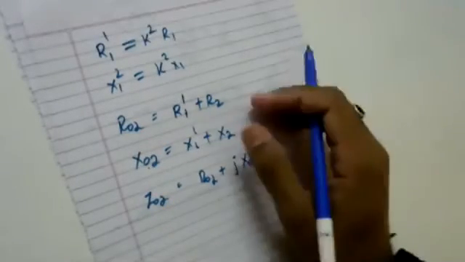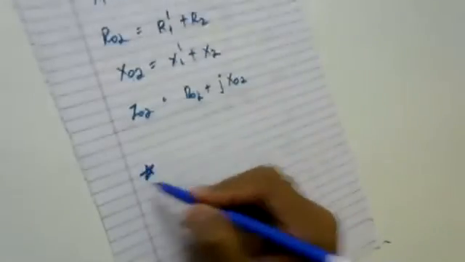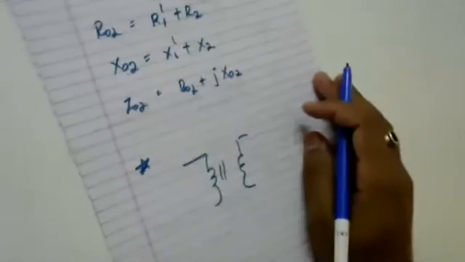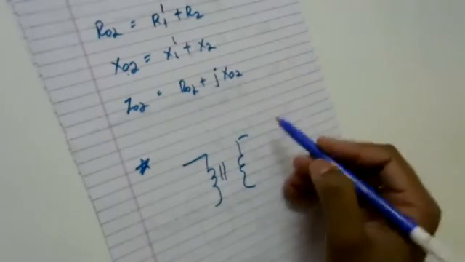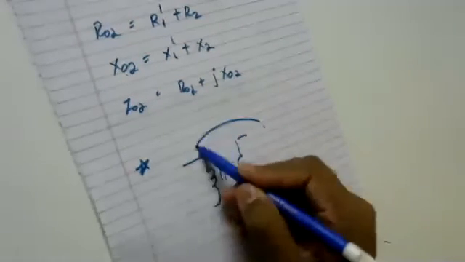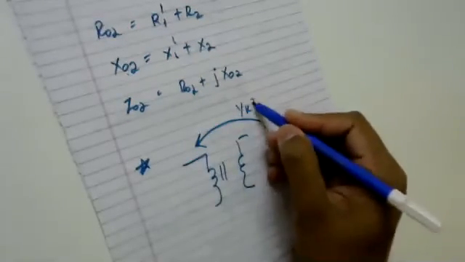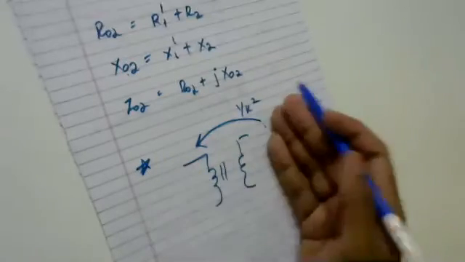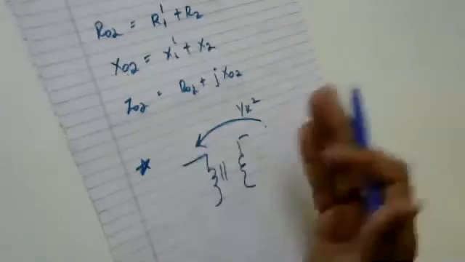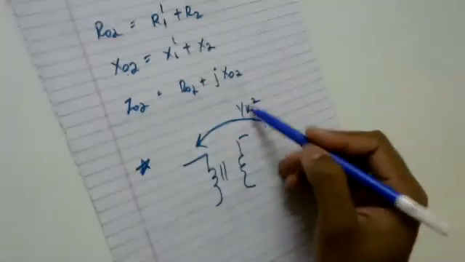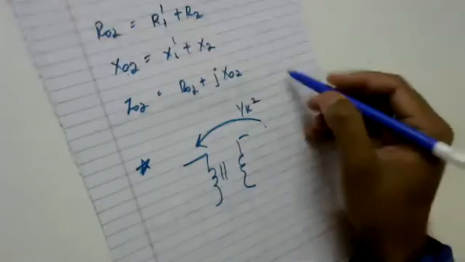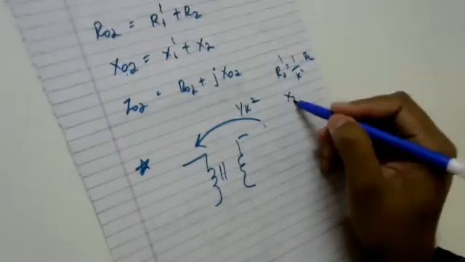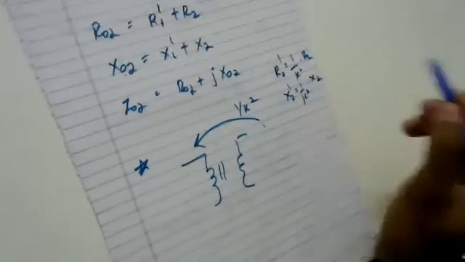Now the point that you need to remember is, if this is a transformer and you are transferring any parameter from secondary to primary, then you have to multiply it by 1 by k square. That's what you did in the first iteration. When you wanted to transfer your R2 from secondary to primary, X2 from secondary to primary, you multiplied it by 1 by k square. Am I right? Yes or no? Your R2 dash was 1 by k square times R2. What was the X2 dash? 1 by k square times X2.